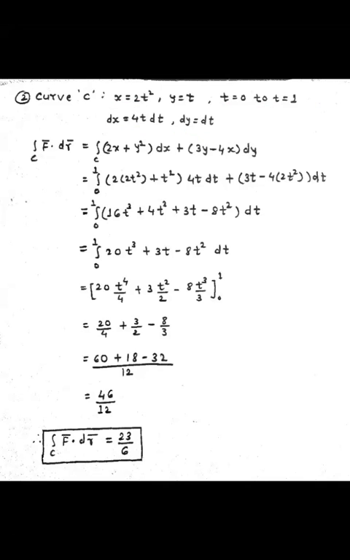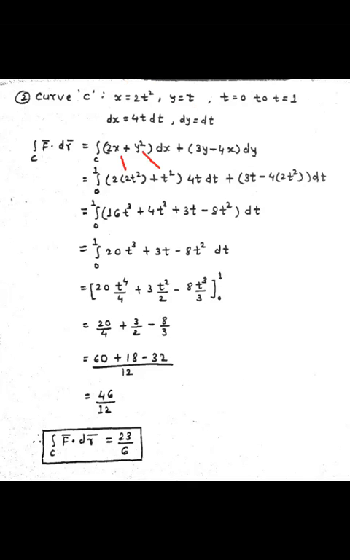Now this is our formula of the integral. It is f bar dot dr bar. Here the equation is parametric because x and y are expressed in terms of a third variable, that is t. So we have to use the second expression, that is f1 dx by dt, which means all values of x are put in terms of t, and the y value is put in terms of t, and dx also and dy also. So just replace in this formula x by 2t square and y by t.